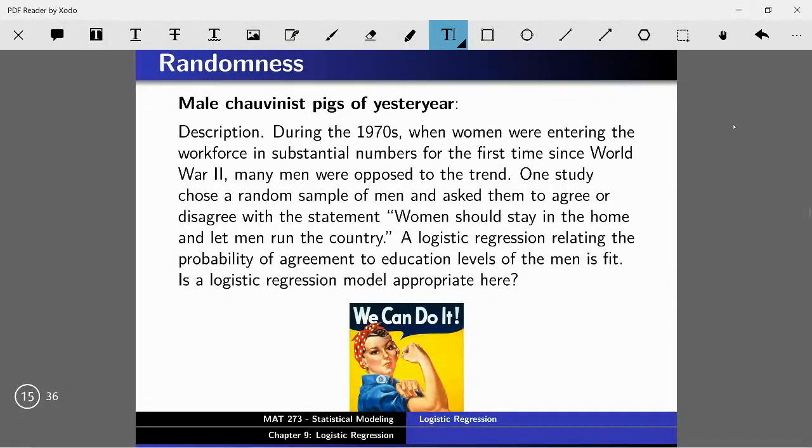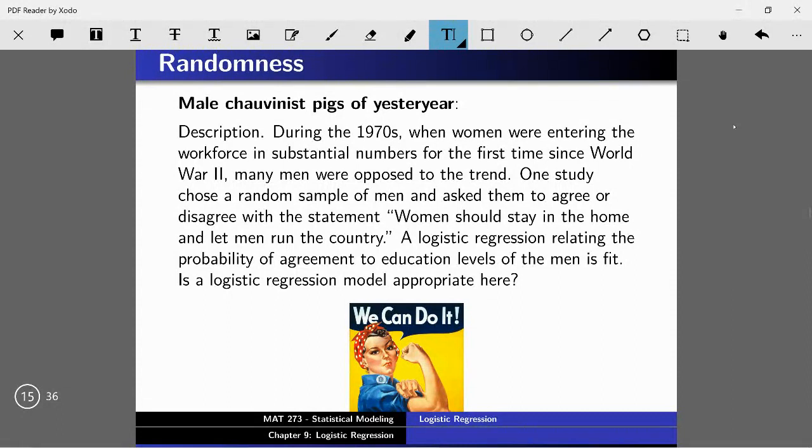So male chauvinist pigs are men who think they're better than women irrationally just because they're men. This example talks about how during the 70s, women were entering the workforce at higher numbers than they ever had before in the United States. And one survey, so I guess this was a real thing,